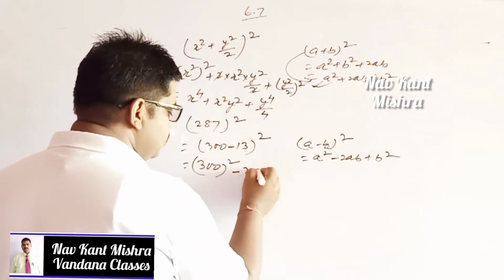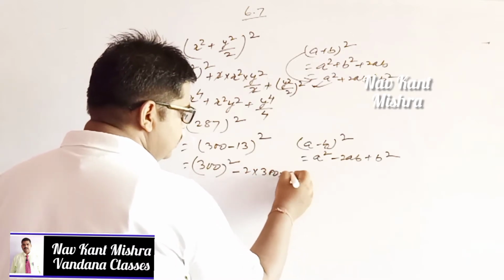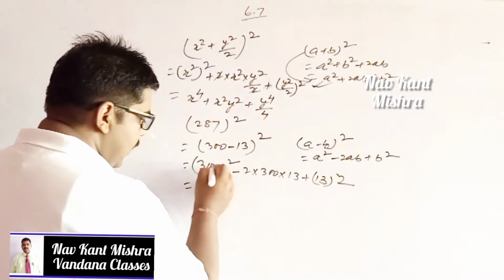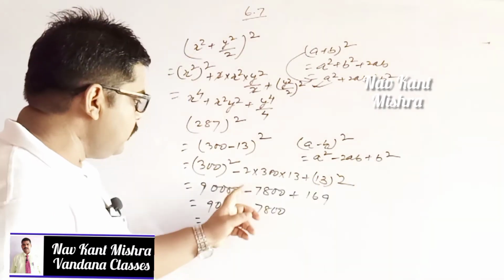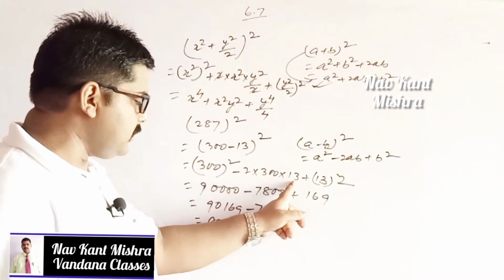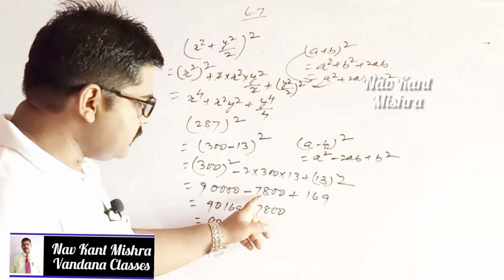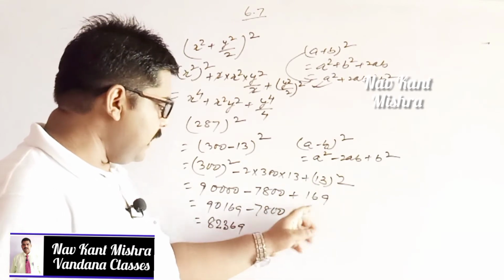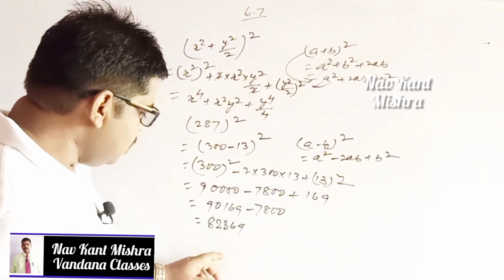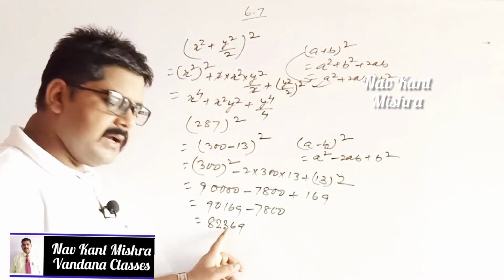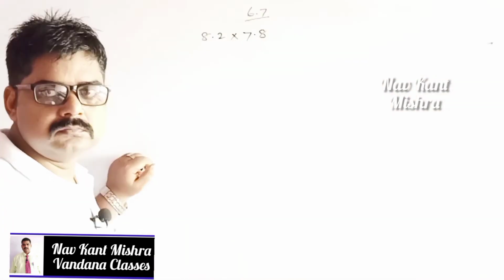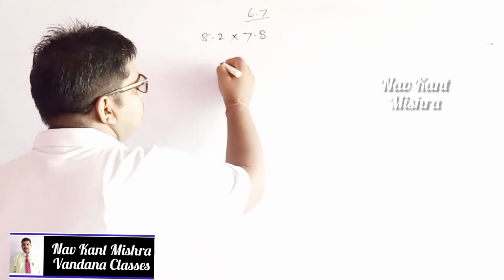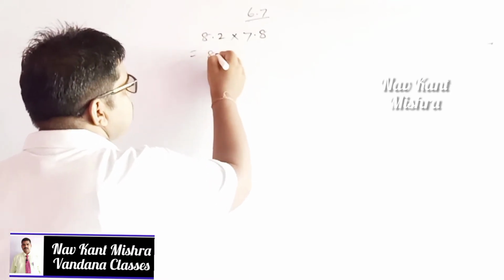300 square minus 2 into 300 into 13 plus 13 square, and when you multiply 2 into 300 into 13, then you get 7800 plus 13 square is equal to 169. On simplification you get 82,369. My dear student, you can just see in this question 8.2 into 7.8,